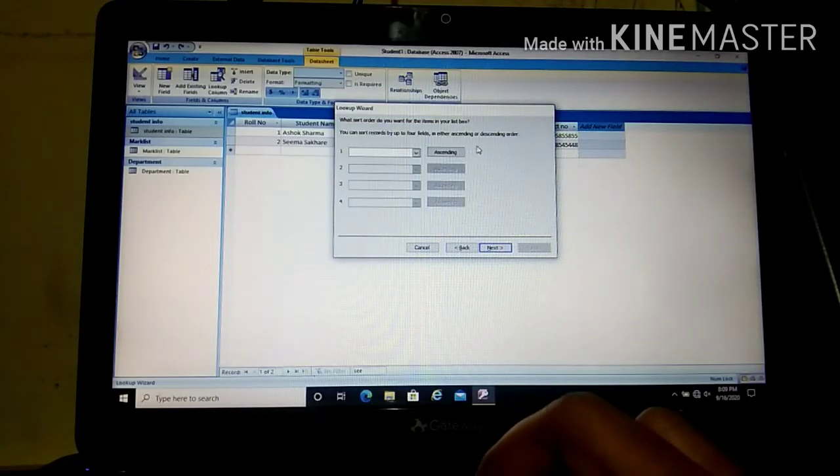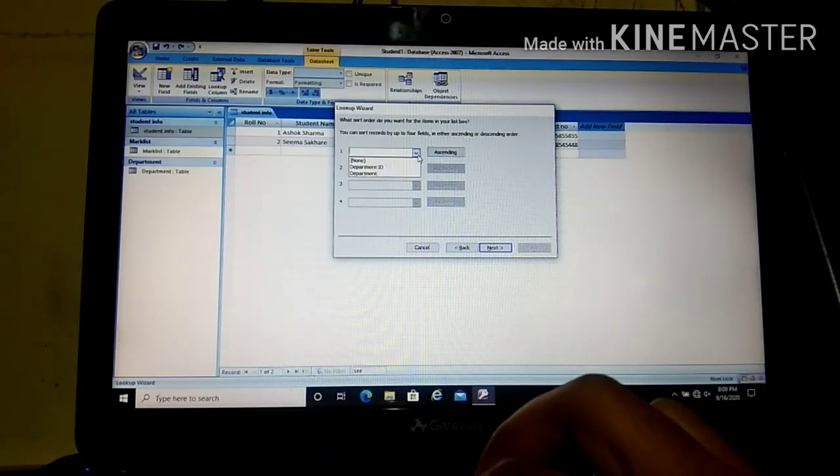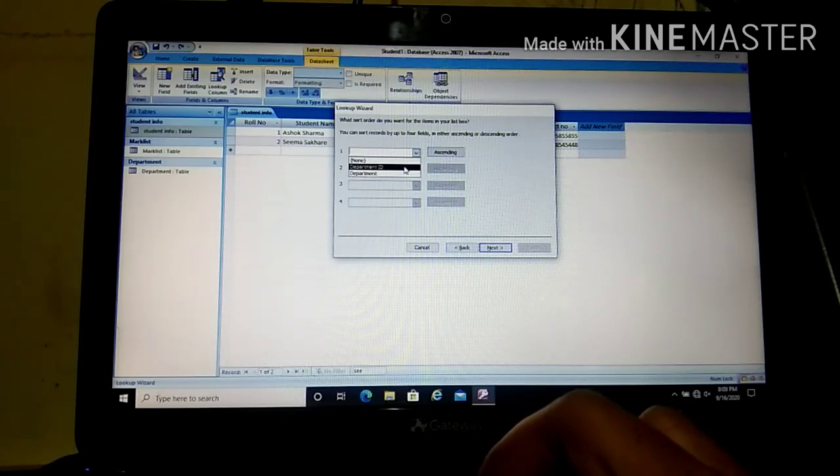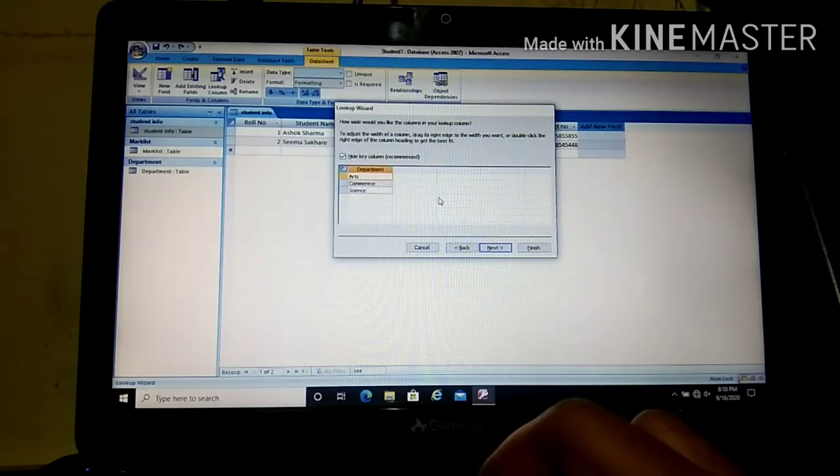When you click on next, this dialog box will appear and it will ask whether you want to sort that field according to department ID or department. It's up to you, and it is not compulsory. Then click on next. Here you can see what data records are there in your department column.